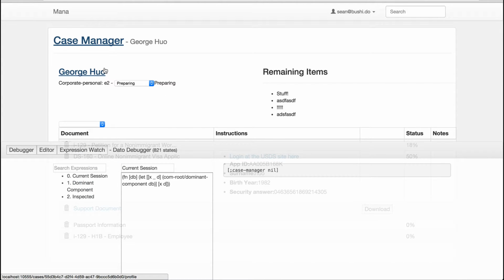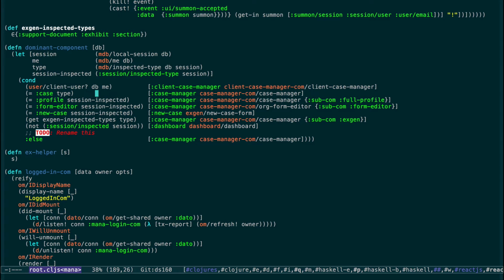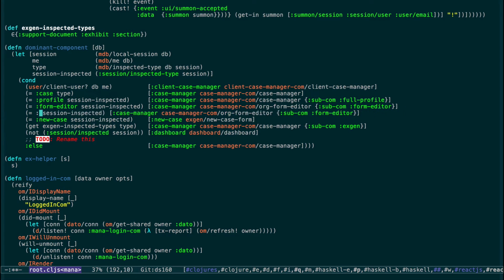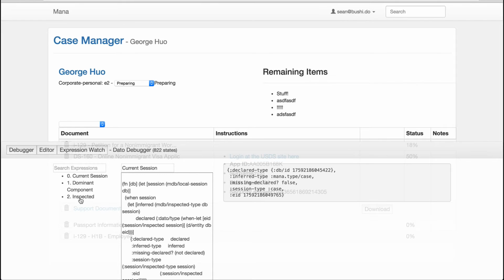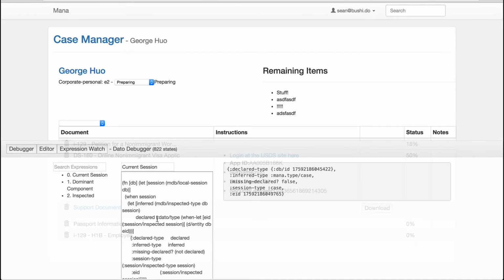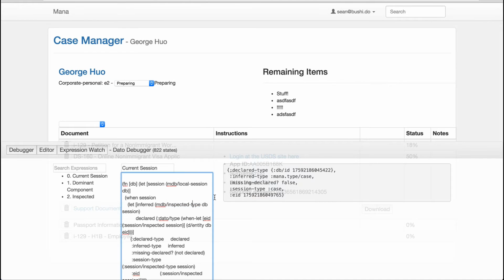So I'm going to take a look at the code where we determine the dominant component. I'm actually thinking about this right now. What is the issue? It's going to be something like whenever we have a supports document, let's see, the type is the inspected type, I believe. Let me just double check. So the inferred type is inspected type, yes. So mono.type/case, and